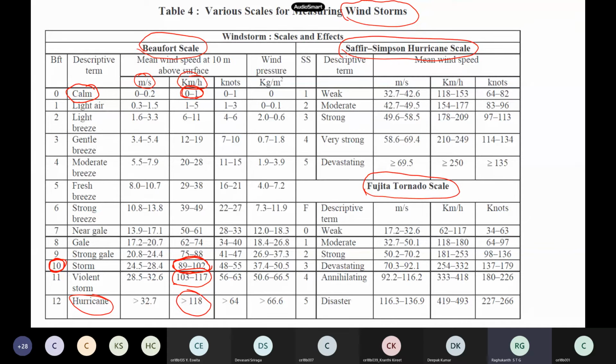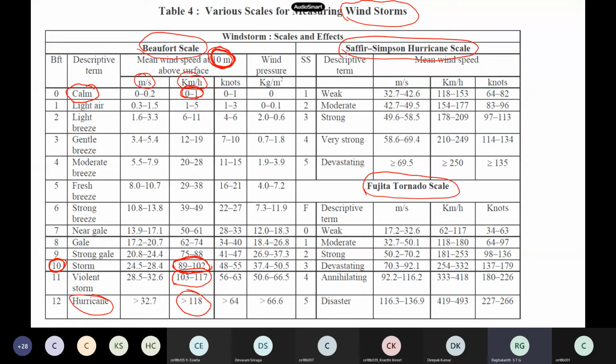And here is another most important thing you should understand: the velocity of wind varies with height actually. So our standard is that generally it is measured at 10 meter height above the surface. Whenever they say wind speed, it varies with height. If you go to 30 meters or 20 meters, wind speed may be different because of the boundary layer effect. So generally the convention in all the codes is this 10 meter. All the anemometers which measure the wind are put up at 10 meter height above the surface, so this is used as a standard.